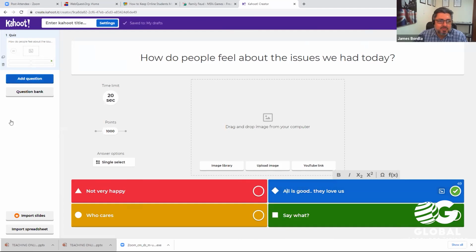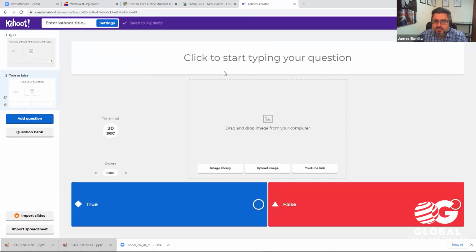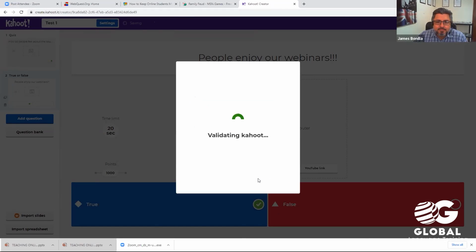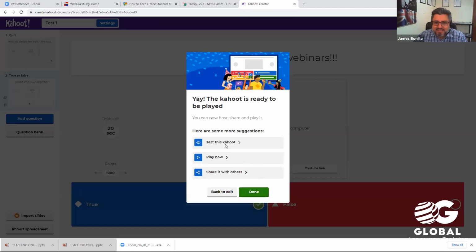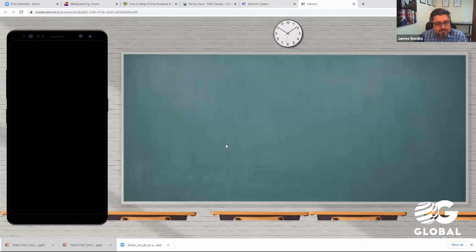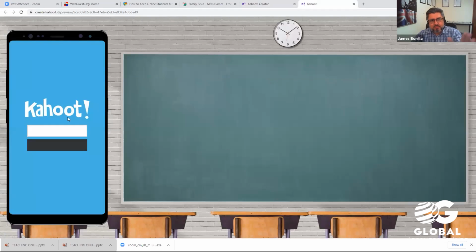And that's it. And then you continue adding questions. You can add any types of questions. You can add true and false if you want. And when you're done with your Kahoot, you simply enter a Kahoot name, continue, and you can actually test the Kahoot to see if it's working well. And then you can see what would appear